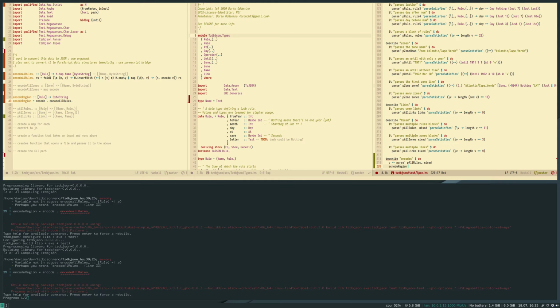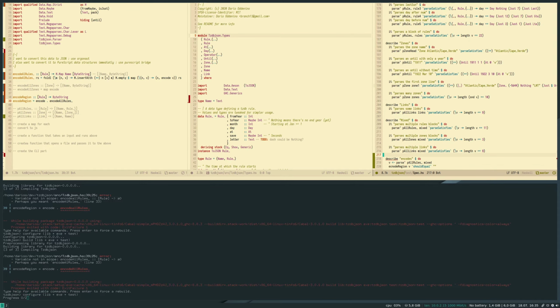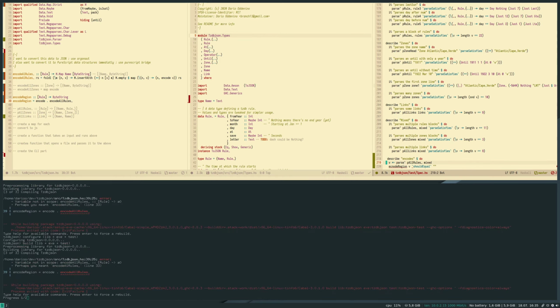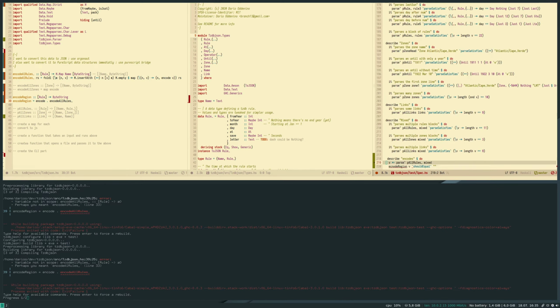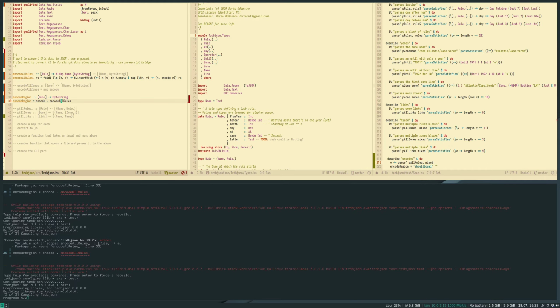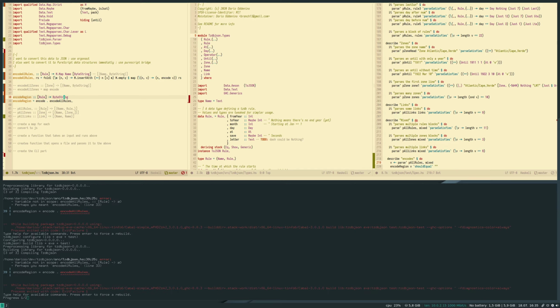Code region v should equal this. Code, encode, encode.